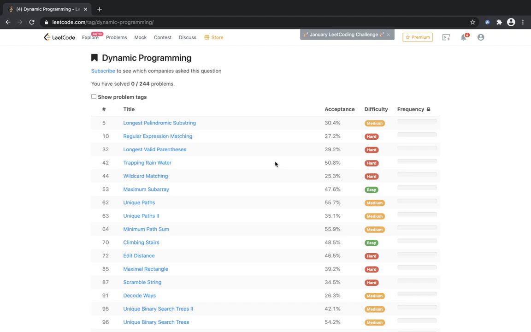I'm just trying out different methods to see what works best, because the main idea is to solve the problem, come up with an approach, and show my thinking process. So let's get started.